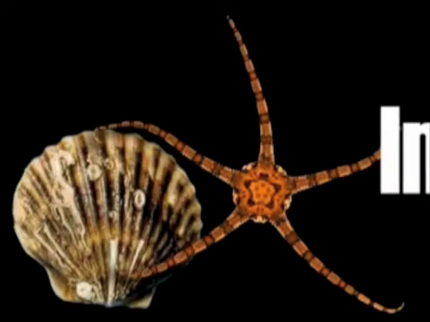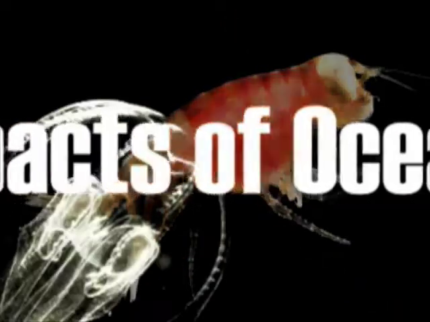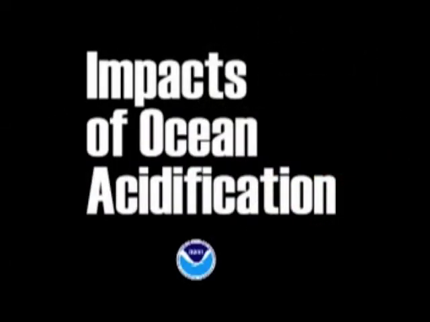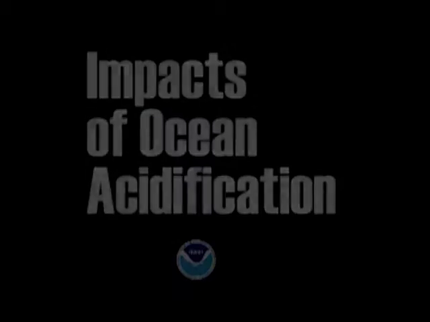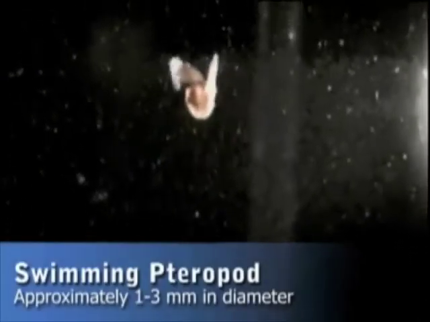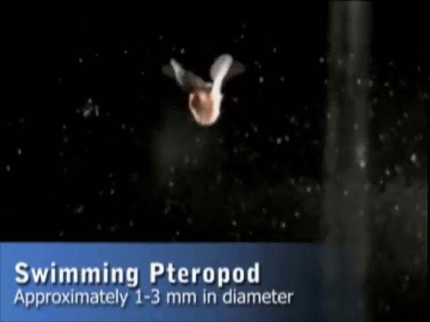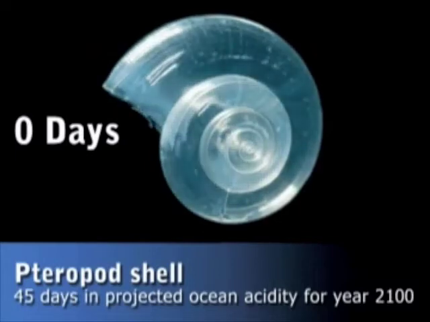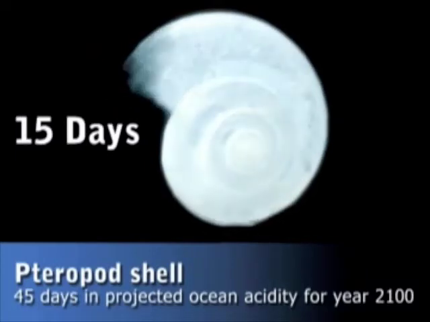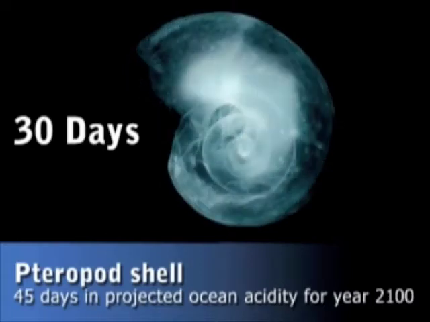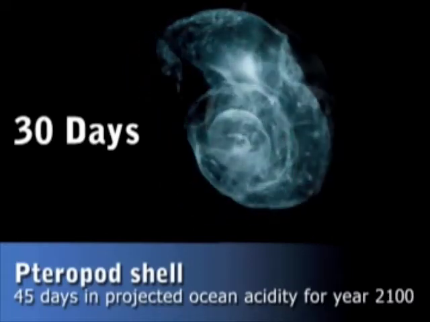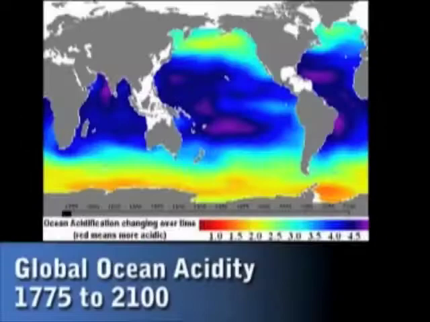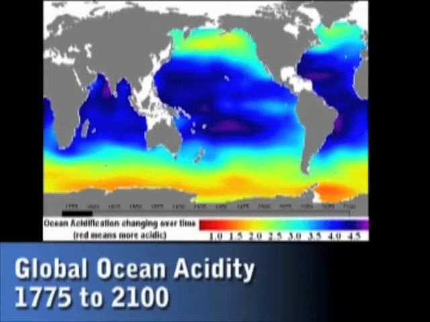And you will see first, once we get to it, impacts of ocean acidification. This is a swimming pteropod, a sea butterfly, swimming through the ocean. It's a small shelled mollusk. This is the way it looks naturally. This is a pteropod shell that you'll see time-lapse photos of what happens to the shell in seawater after 45 days, projected for the year 2100. And finally, this last clip is an animation illustrating from the year